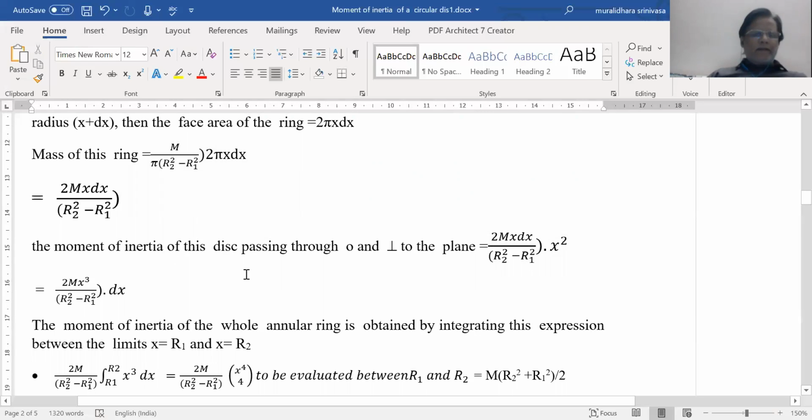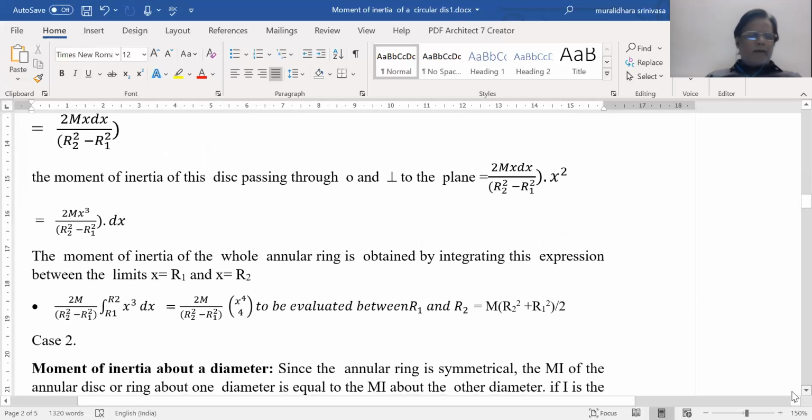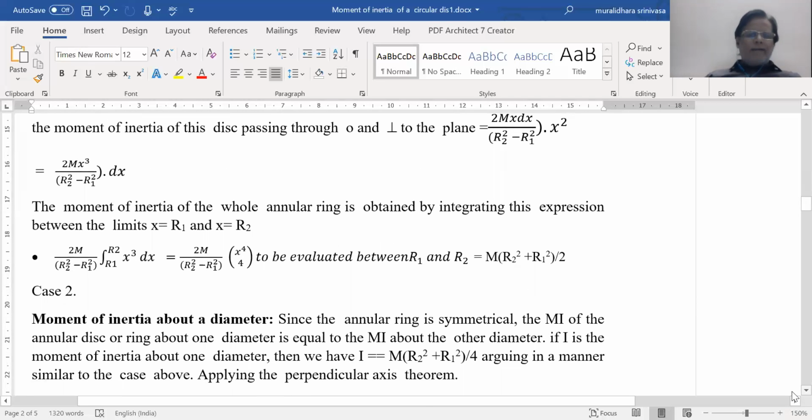So the moment of inertia of this disk, the shaded portion, through an axis passing through O and perpendicular to the plane of the disk is 2 m x dx by R2 square minus R1 square into x square, which becomes 2 m x cube dx by R2 square minus R1 square. Therefore, the moment of inertia of the whole annular ring is obtained by integrating this expression between